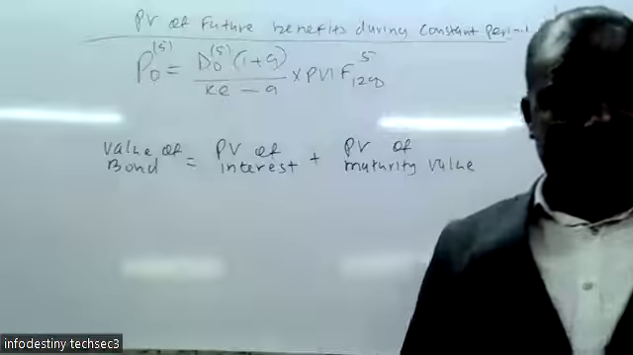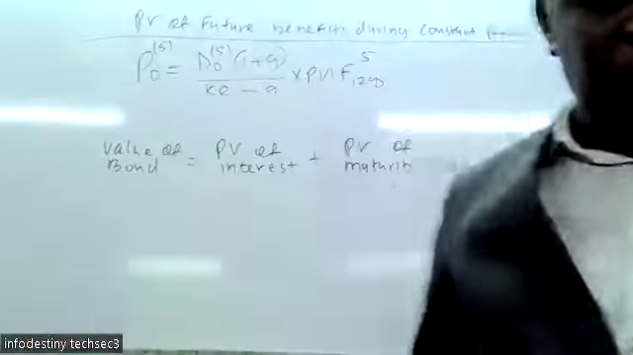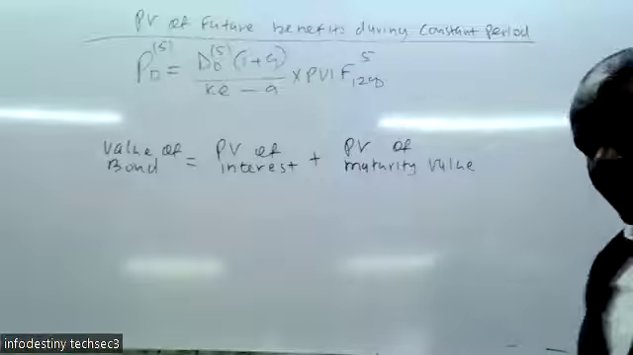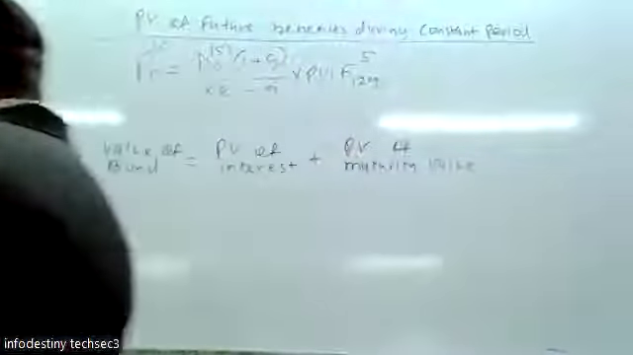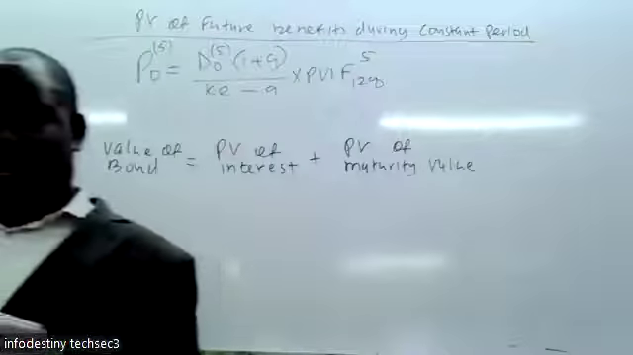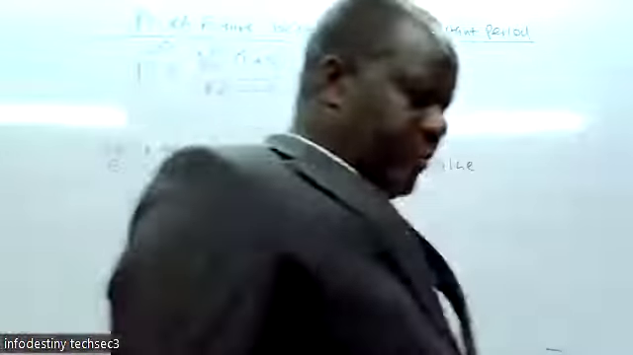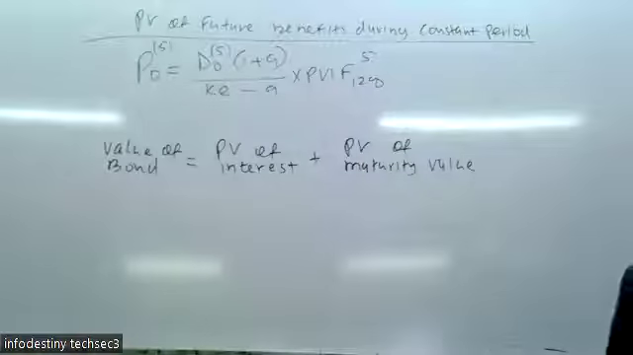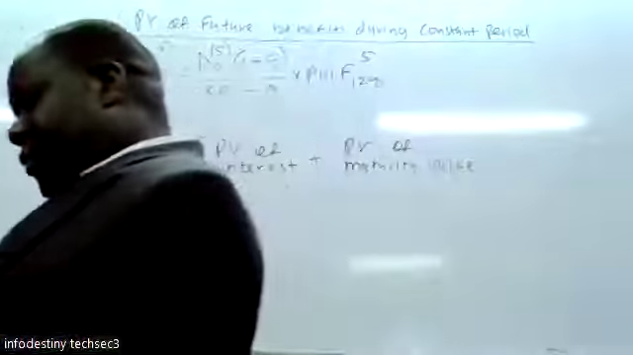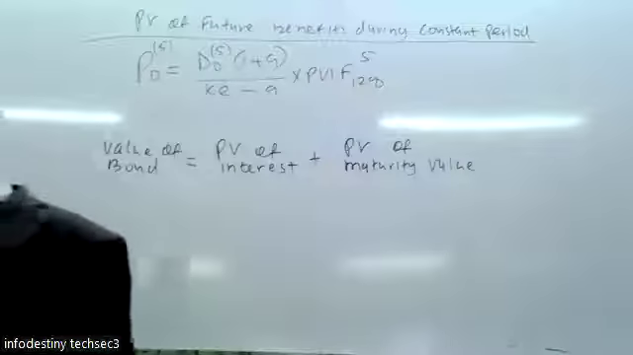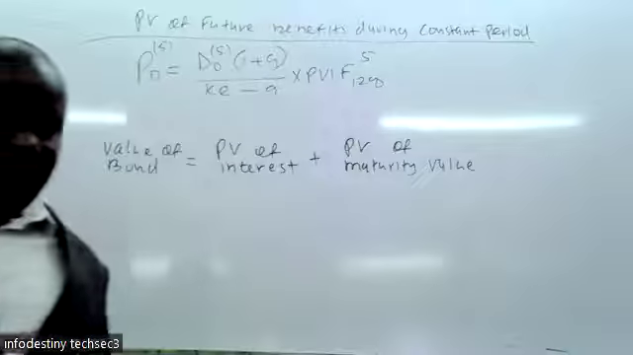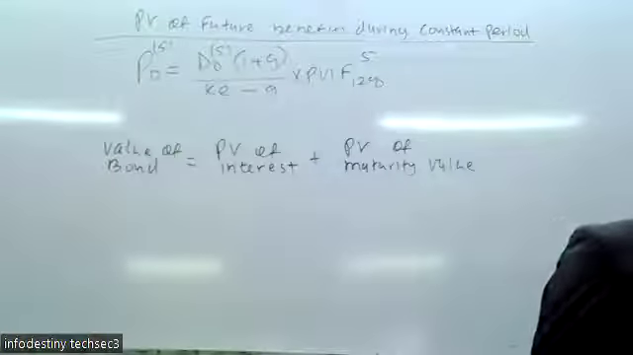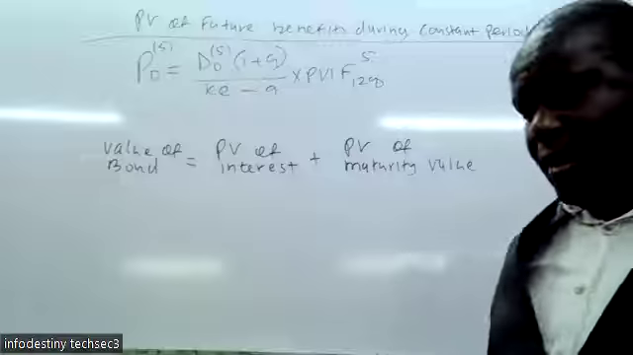So there is a question for May 2016, question number 2, part C. It reads that James is considering the purchase of a 4-year shillings 1.2 million